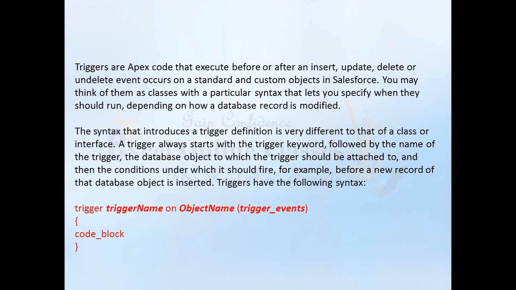As for the syntax of the trigger, it starts with the keyword trigger, then the name of the trigger, which is user defined. Then you enter the name of the object on which you are going to apply this trigger. Then you enter the event, like after insert, update, delete, or undelete. Then you enter a code block to execute your requirement, the thing that you want to achieve